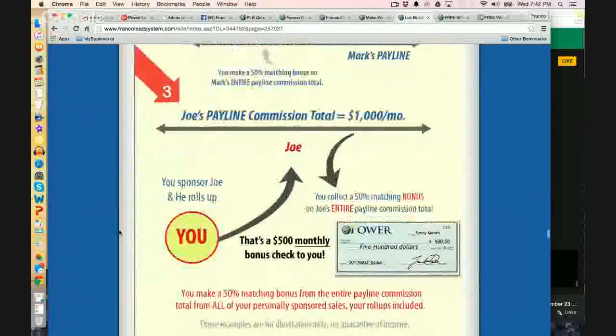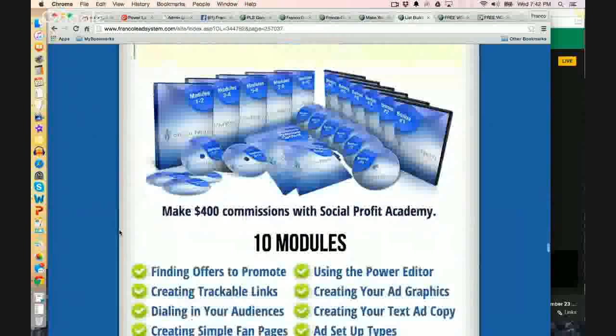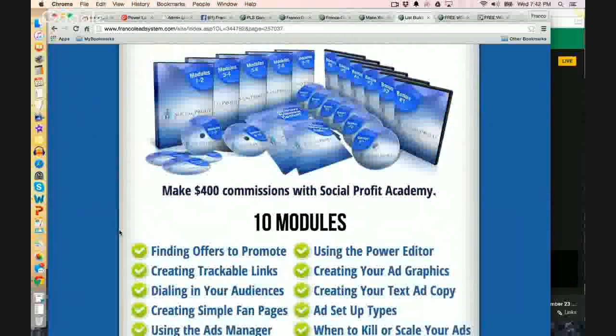In the back of the system, when your customers come in and buy, and they're back there living large, they're all about the system, and they're looking for training on how to really master internet marketing, they are going to come across a couple of different offers inside of the system that we sell for you. You never even have to talk that much about it. They're going to see it every time they log in.